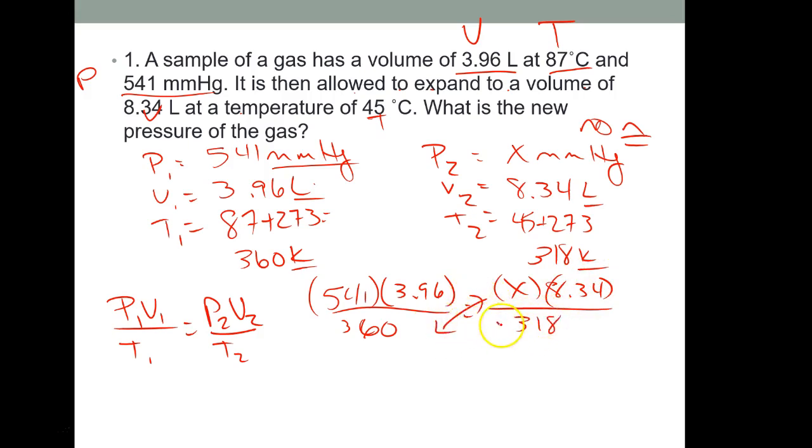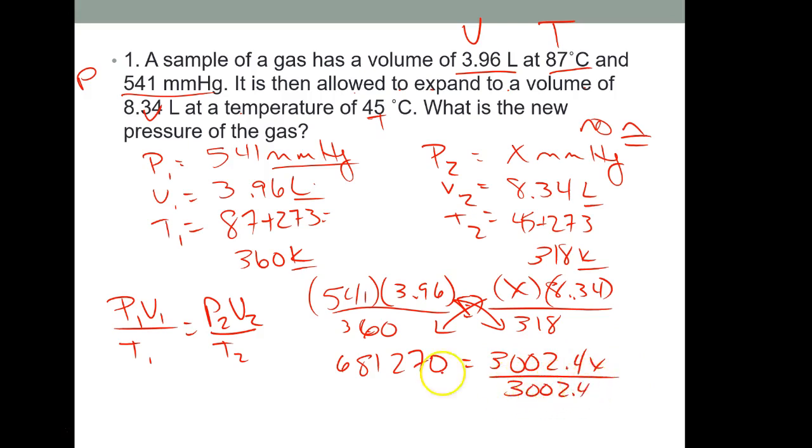And again, I'm going to cross multiply, and I absolutely recommend highly that you do this. So I'd have 541 multiplied by 3.96 multiplied by 318. So I'd get a huge number, 681,270, equals, and I'm going to multiply these three together: 8.34 times 360 times X, and I get 3002. So to solve for X, I'm going to divide. Everything here is multiplied or divided. There is no adding and subtracting except with these temperatures. That's it. So X ends up being